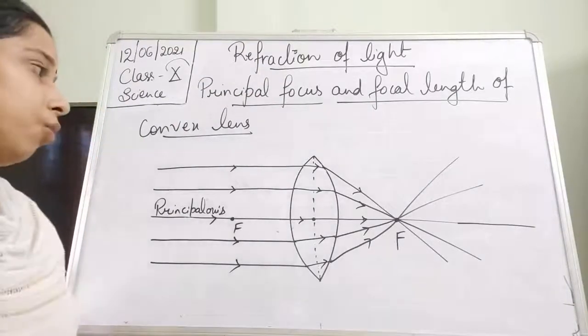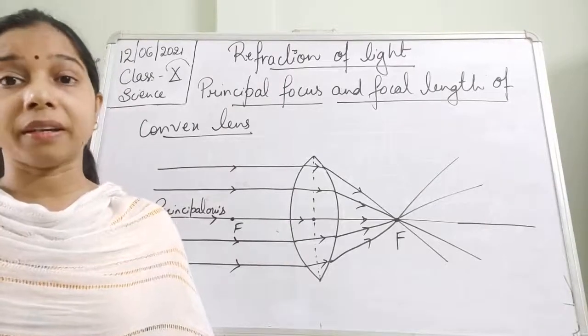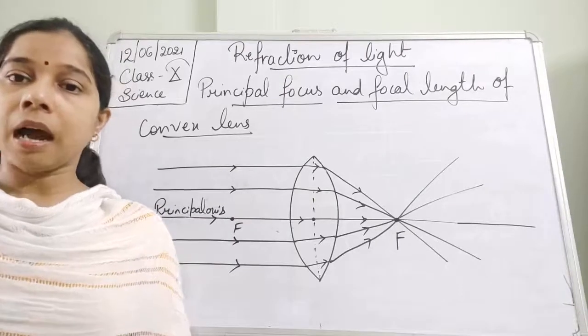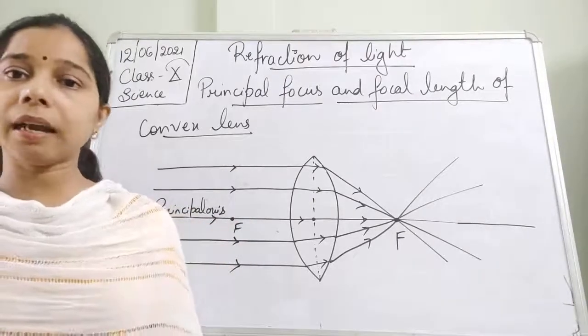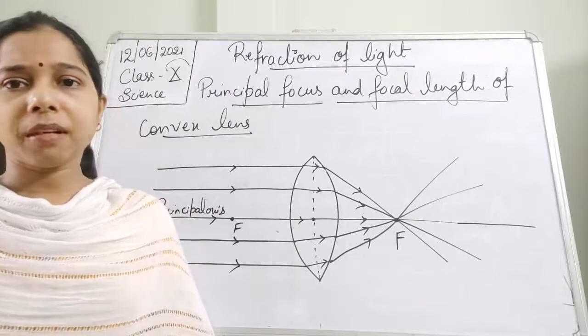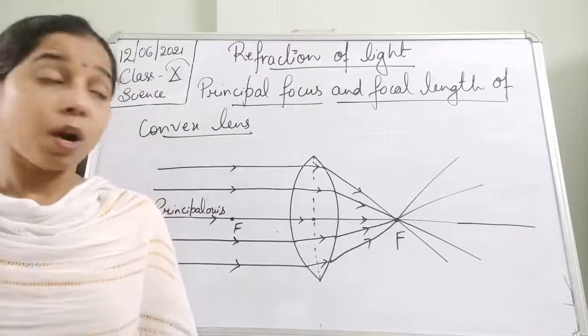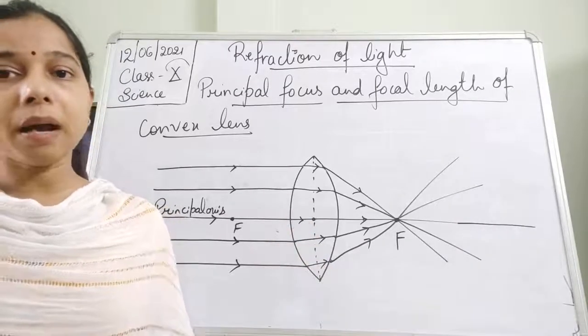Now you can see here, students, when light enters into the lens, it shows the process of refraction, due to the change in the medium, and because of the change in the medium, there is a bending of light. A question can arise: in the case of a mirror, we have seen that the light rays get reflected, and because of that they meet at a point. What happened here? They are transparent objects, so light should pass as it is.